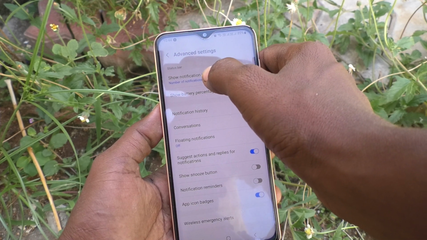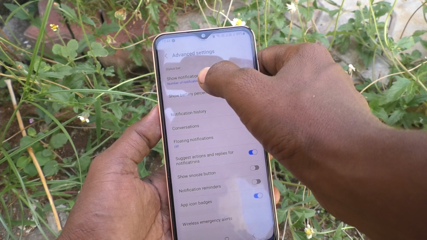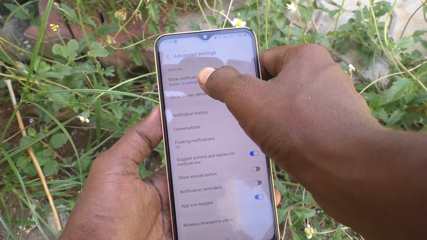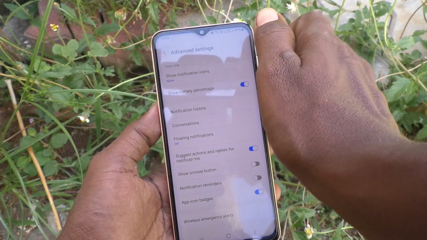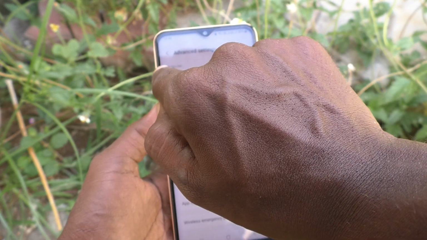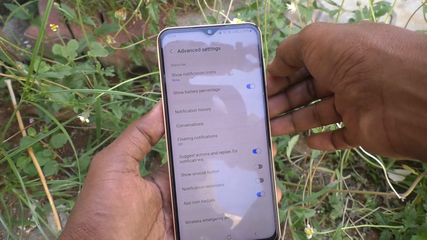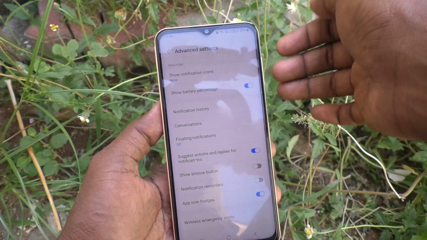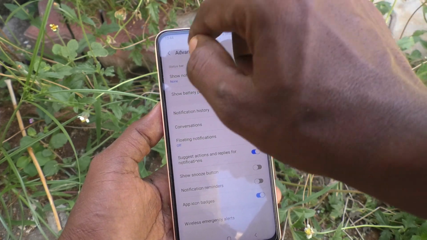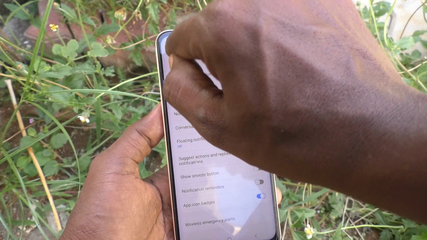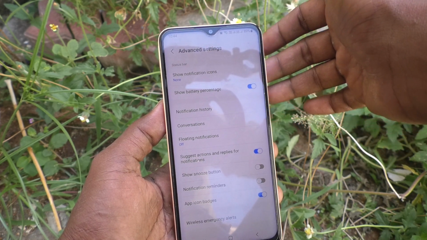If you don't want to get any notification icons, just select none and no notifications icon will be showing near the time here. So in this way you can easily turn off notifications icons near the timer here in your phone Samsung Galaxy